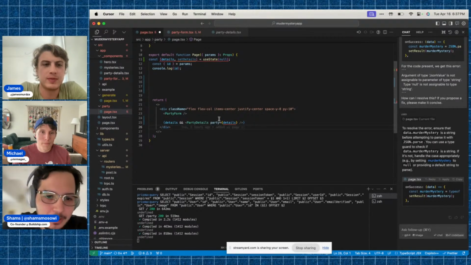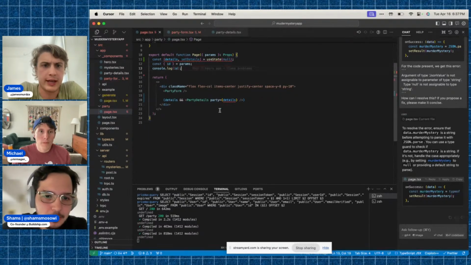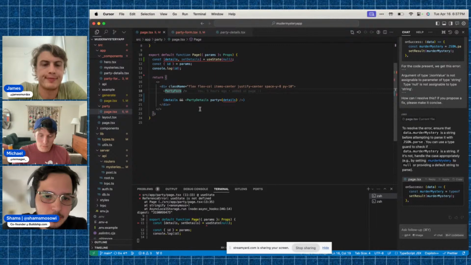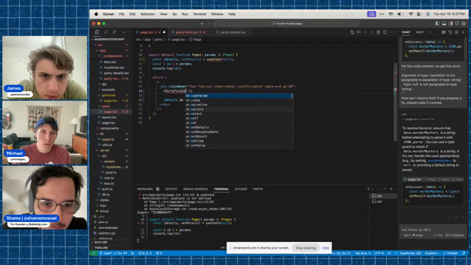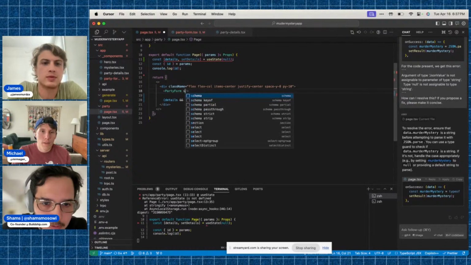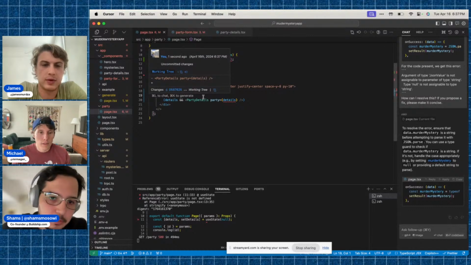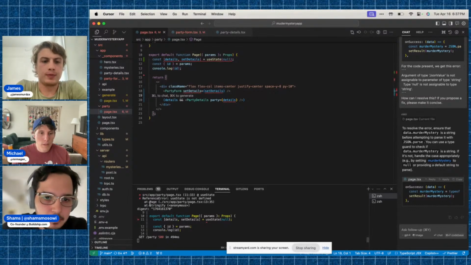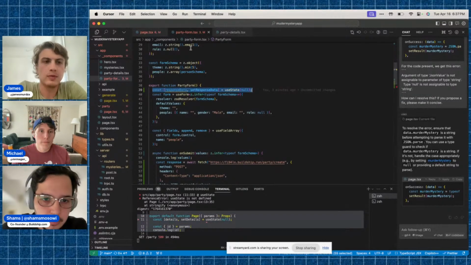And in PartyForm, we want to pass in setDetails. So the PartyForm is gonna set the details, similar to how we have. Oh, details. Yeah. There you go. All right. And then now we need to handle it on the party form page. So PartyForm has a prop now. Yeah, there you go.